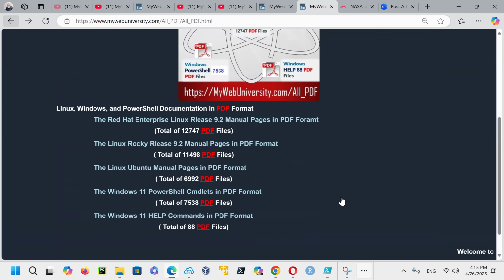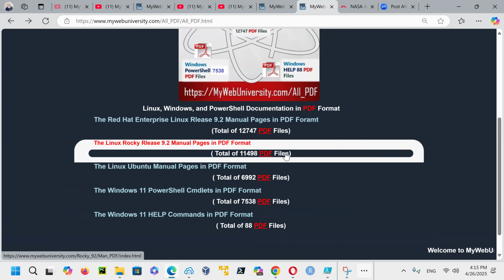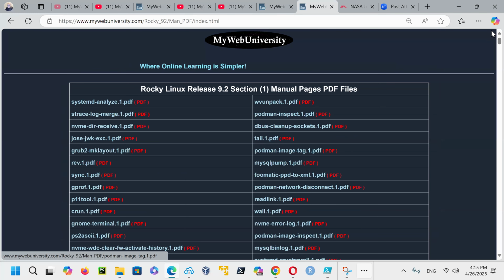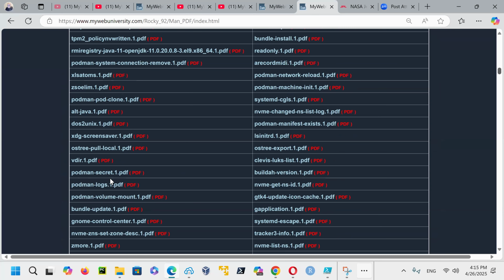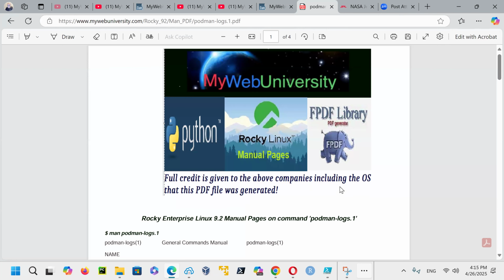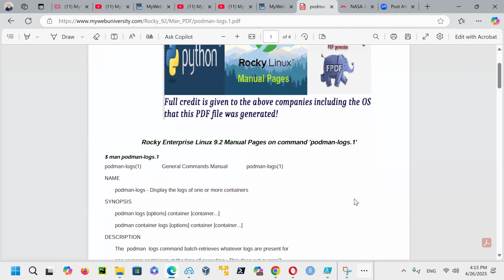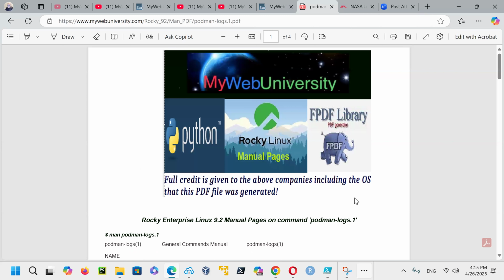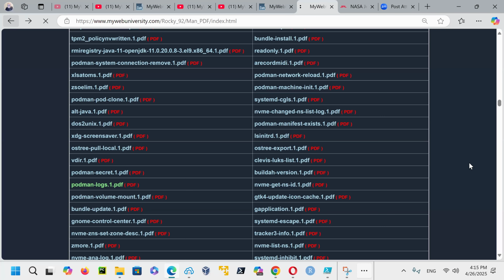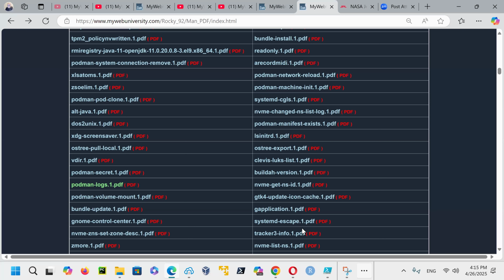At the same time, if you come and say, show me the Rocky Linux version, I have documentation for Rocky here. So each one of them you click on, let's say you choose Podman and then you click on it, and I give you the Podman documentation or whatever it is. Podman is most likely related to Docker containerization stuff. But Rocky Linux here is cool. So I give credit to Rocky Linux, which is a very good operating system.